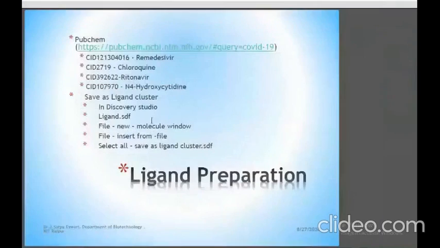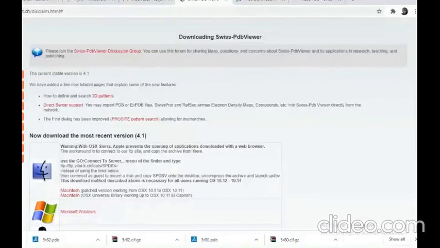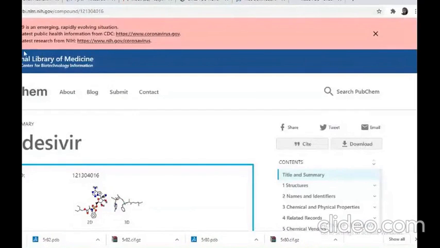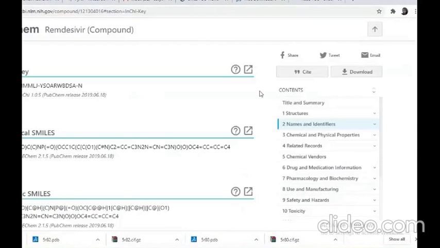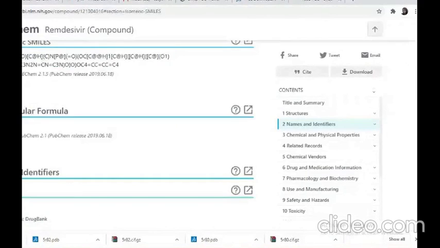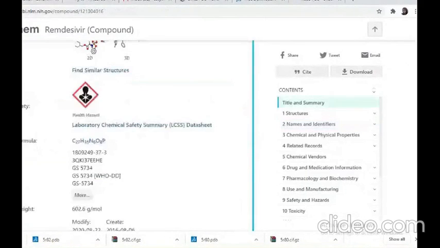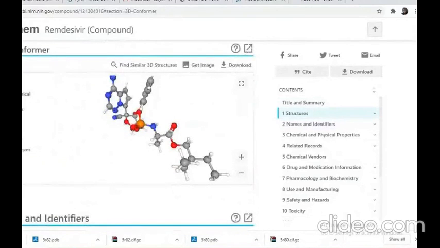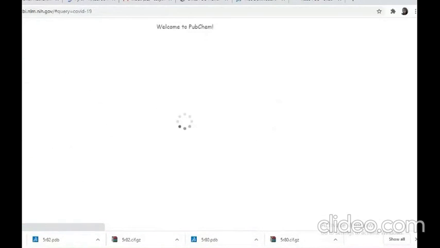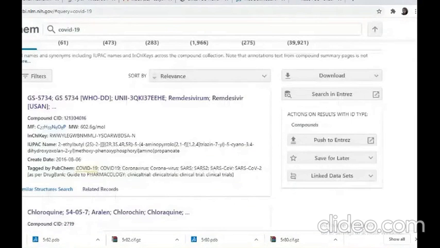Okay, so again go to another one, that is chloroquine. Chloroquine also, try to download. So go back and download chloroquine. You can see the SMILES format, canonical SMILES, isomeric SMILES, IUPAC name, all the formats were there. Whatever is possible, every format is there. Depending on the requirement of the software, we can download it.